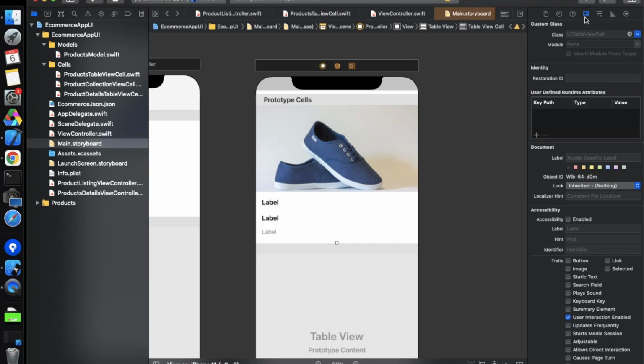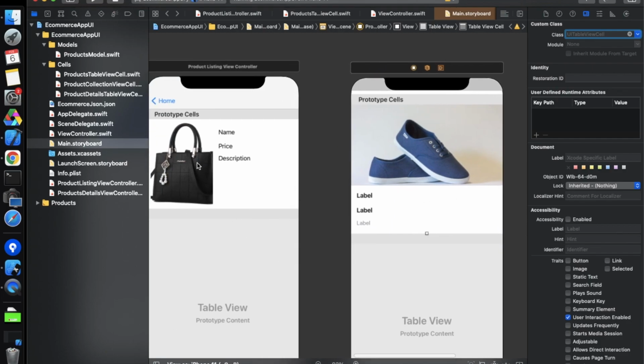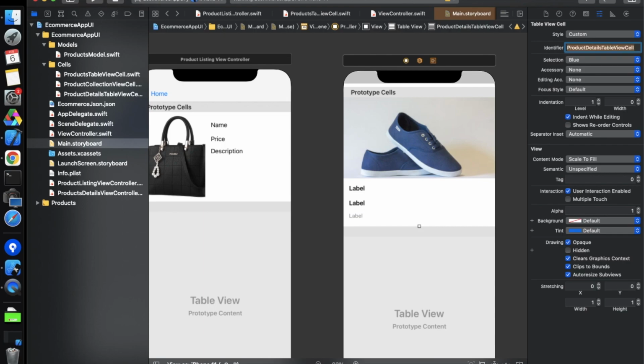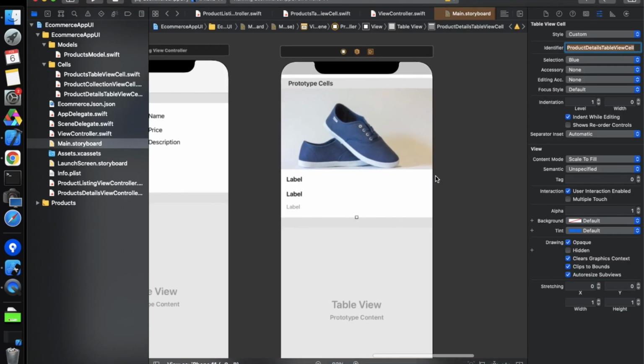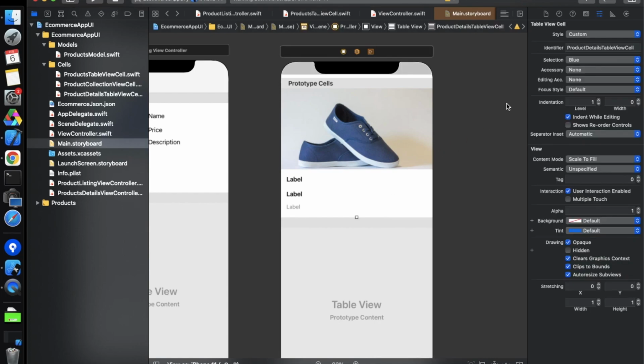Let's move on, and as you can see, both of these have the same things. So we can use the same class which we have used for the other controller for this table view cell as well. The name of this class is ProductDetailTableViewCell. So we can use the same thing over here, ProductDetailTableViewCell, and the same identifier also. And one more thing, we have to assign the outlets of this also in that same class. Connect the outlets and just change them to none.